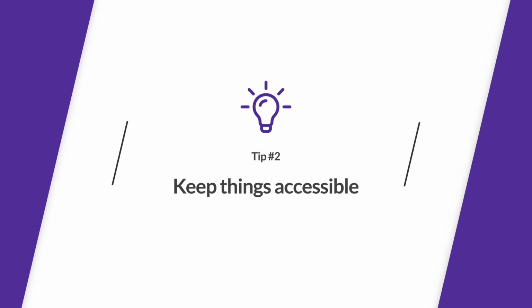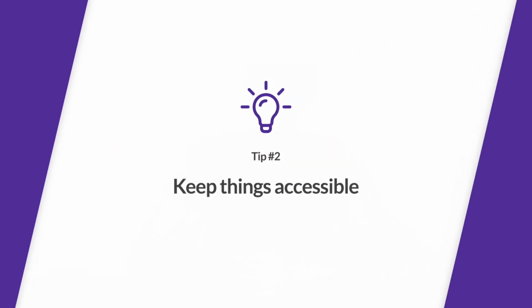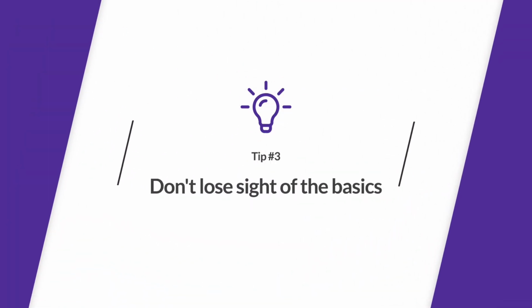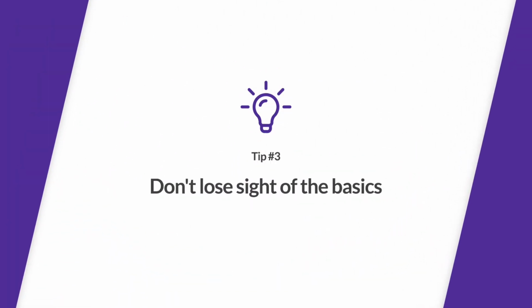2. Keeping things accessible. The activities and continuous provision you offer in your setting must be accessible to all the children who wish to take part. This means that some activities might need to be made more simple for some children or more risky or complex to challenge others. And finally, it's important not to lose sight of the basics. Everyday events like hand washing before lunch or tidy up time can also be a learning experience and an opportunity to build on skills, even though these don't have a finished physical product.